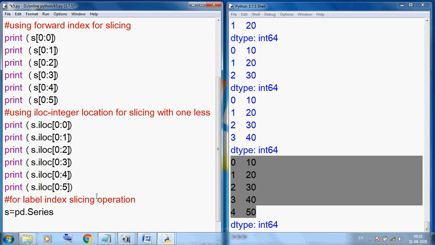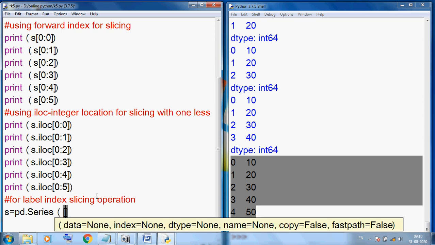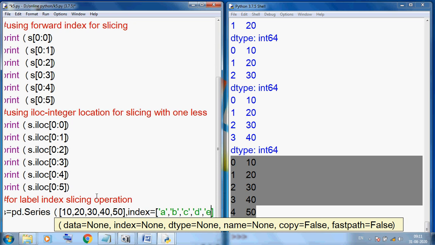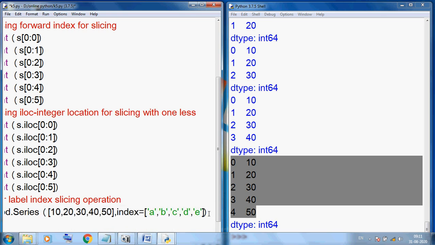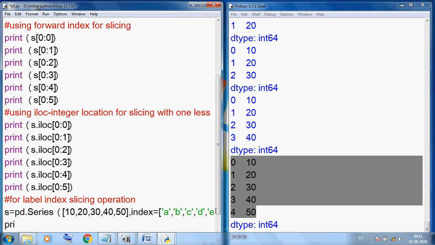Okay, so you can see here I am writing 10, 20, 30, 40, 50. And here I am using index. This is important. Here I am using for index A, B, C, D and E. Okay, so this is our index and we can print this, print s.